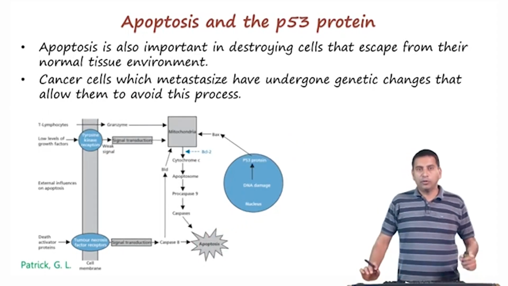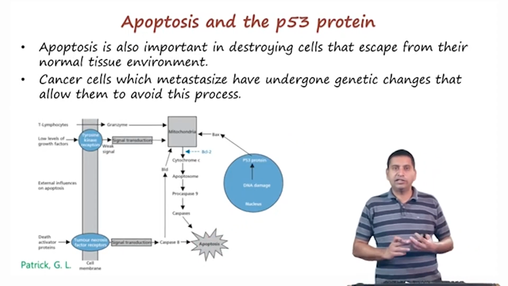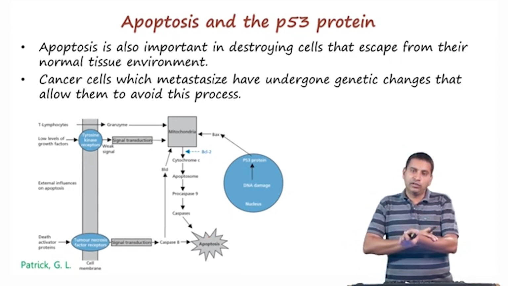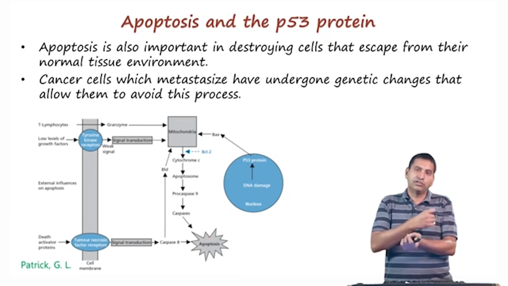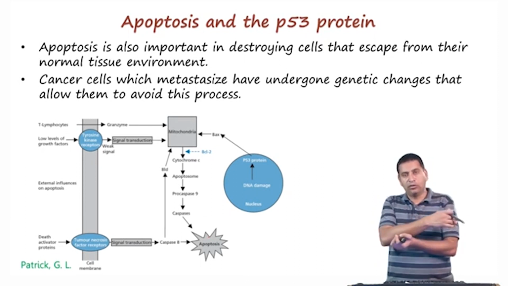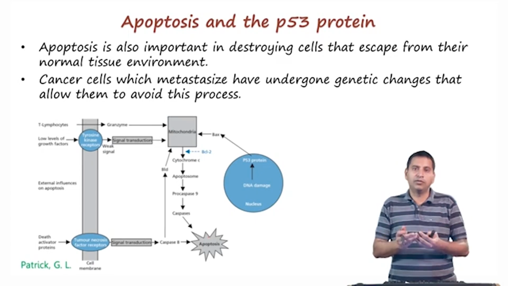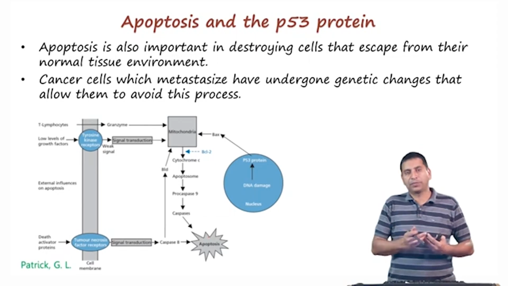Okay. So, apoptosis is also important in destroying cells that escape from their normal tissue environment. For example, in the case of a muscle cell, let us say one of the cells is going to detach itself and go into the lung. The function of a muscle cell inside the lung is probably not useful. Therefore, it is detected by our immune system and destroyed through the induction of apoptosis. So, cancer cells which metastasize have undergone a number of genetic changes that allow them to avoid